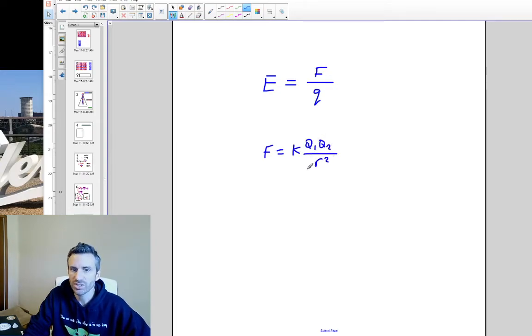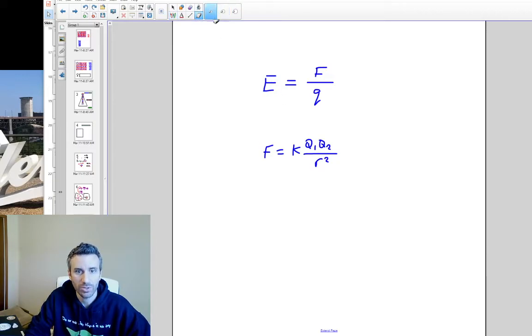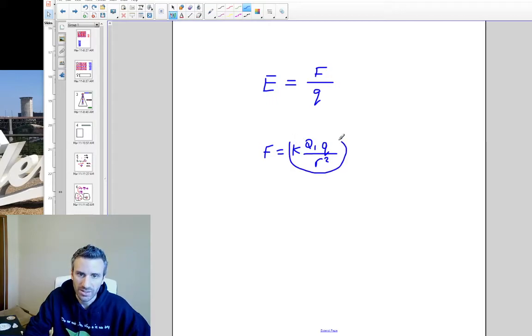But since we're using a test charge, typically what we will do is rather than saying Q2, instead we will say little q. We will instead say that Q2 is going to be the test charge. So I'm going to take this and substitute that in for the force. So let's do that. So I'm going to do that substitution. So the force is K times Q1 times little q over R squared,